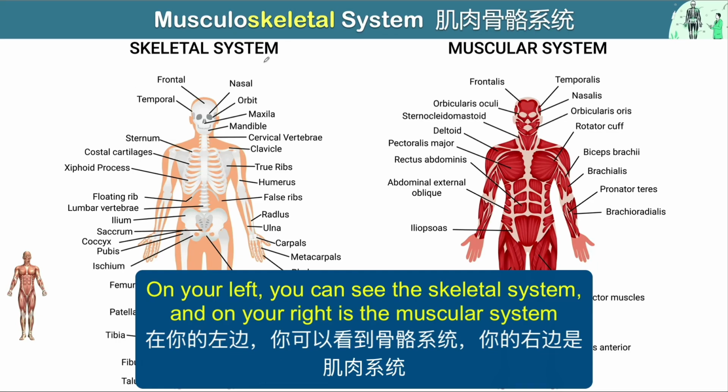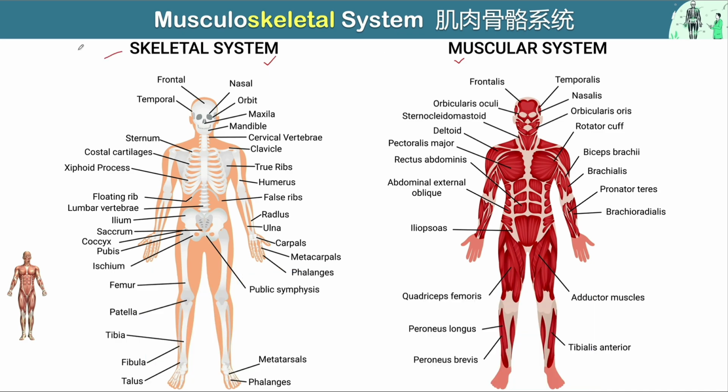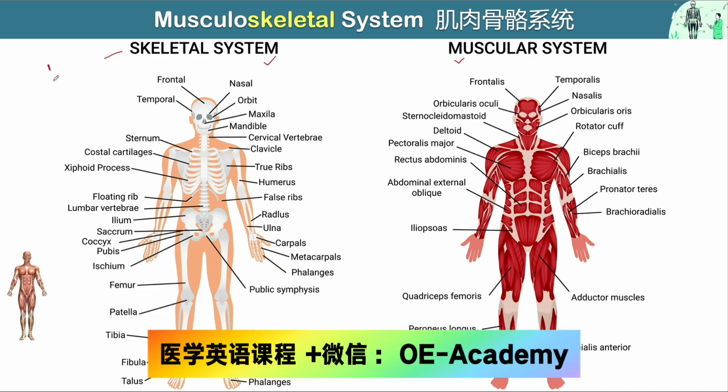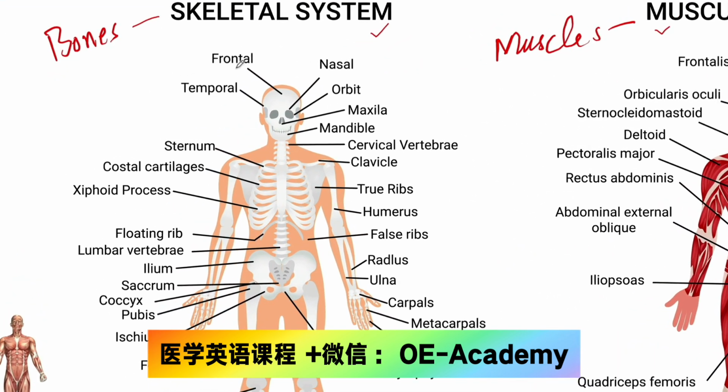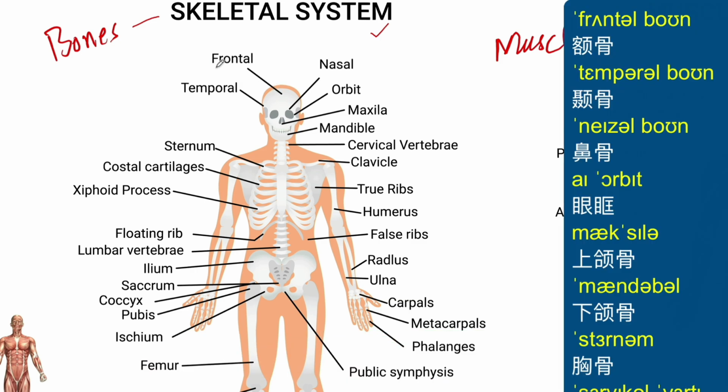We have the skeletal system, and on the right we have the muscular system. Skeletal means bones, a bony system, and muscular means muscle system, alright? M-U-S-C-L-E, muscle or muscles. So here you can see we have this bone, we call it frontal,